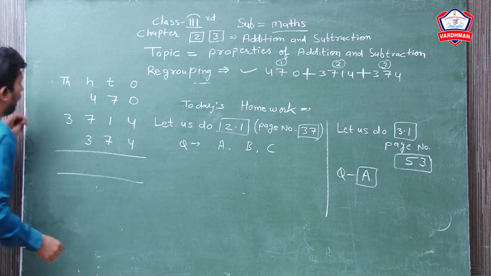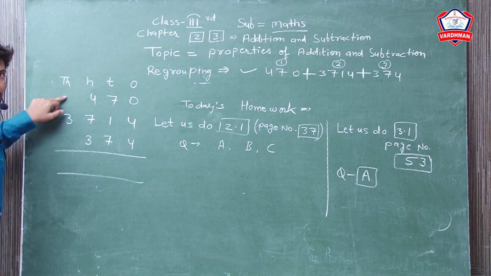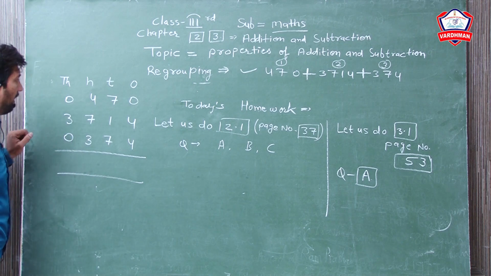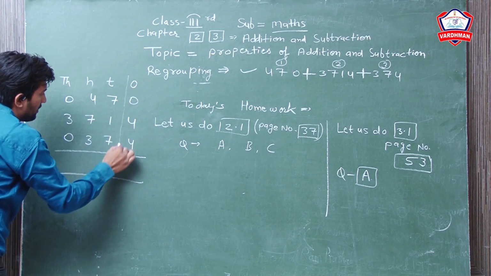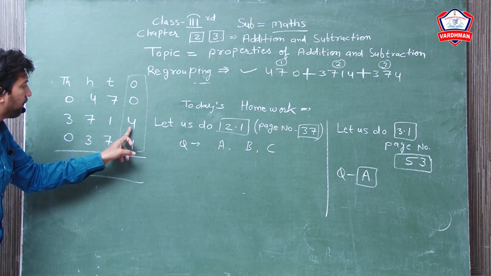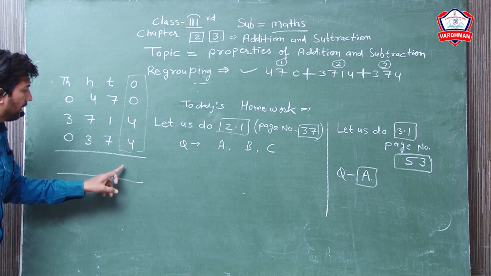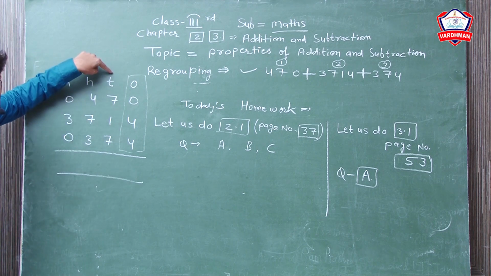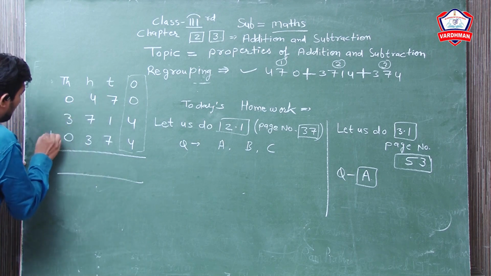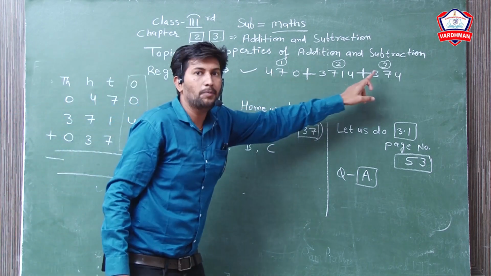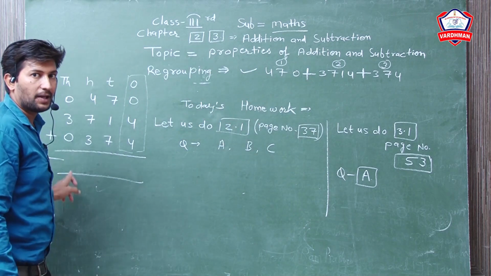Now if you have no number in a place, you put 0 there. Like the first row is ones, you will solve easily. 0 add by 4 and find your resultant in the ones part and carry here. Now you can solve easily. So regrouping means first you write in row form, then you regroup this way.